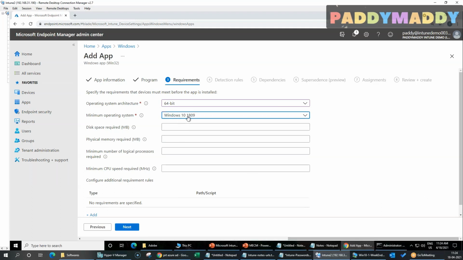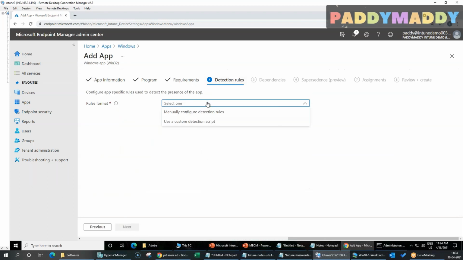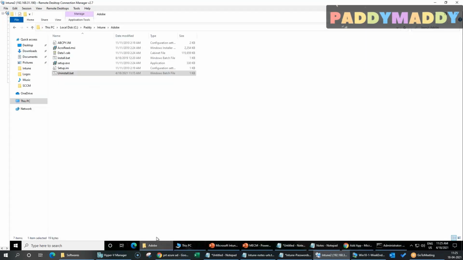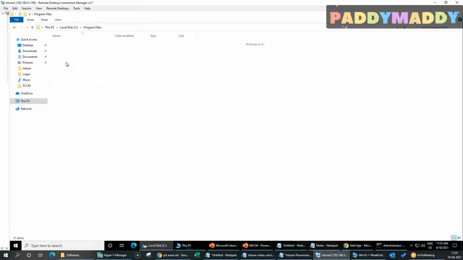So I just wanted to show that. Disk space, all of that stuff, and if you have any custom scripts given by your packaging team, you can add those. And detection rules, you can configure here: manual detection or custom detection with a script. I don't have any script to detect, so manually, meaning if Adobe gets installed on my machine, it actually comes in